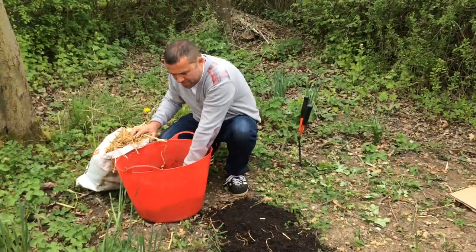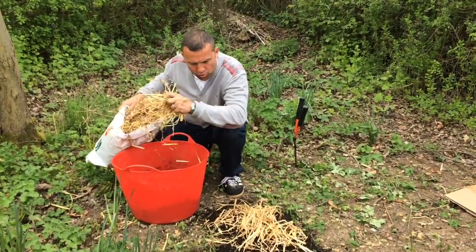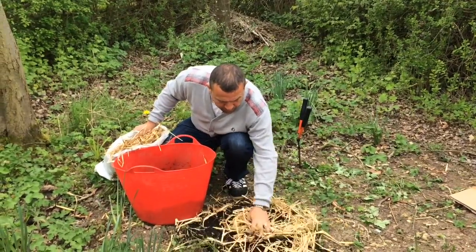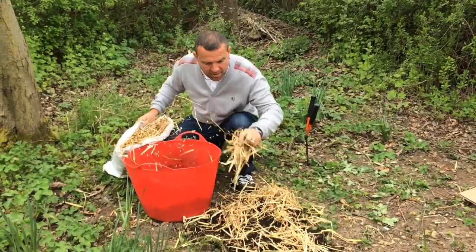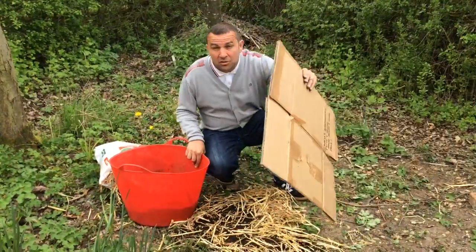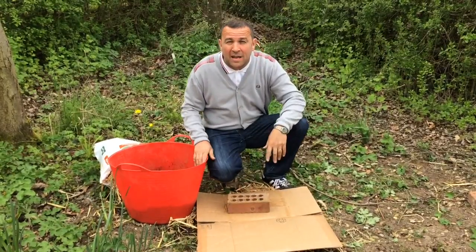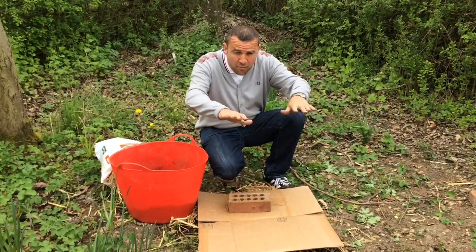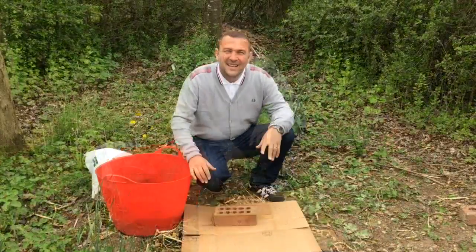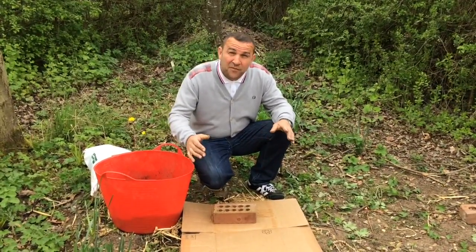So I'm literally just throwing this compost down quite thick, and then I'll put my straw on top. That's going to break down and mingle with my soil as the membrane goes over the top. For this example, I'm going to use cardboard as my mulch. Also, I need to weigh it down, make sure it doesn't blow away, and I'll repeat that operation all over my plot where I want to get rid of the weeds, making sure the cardboard's overlapping. So once that's all done, you can leave it for 6 to 12 months, and after that, take it up